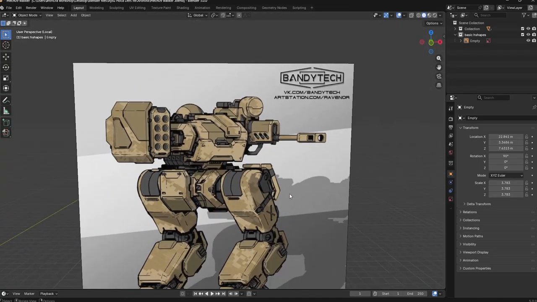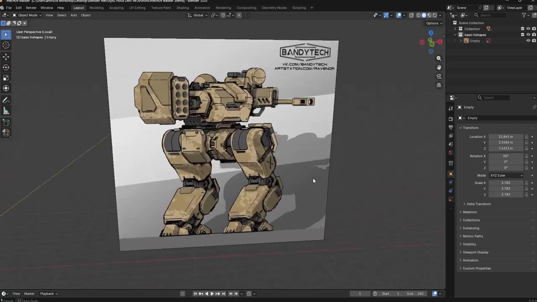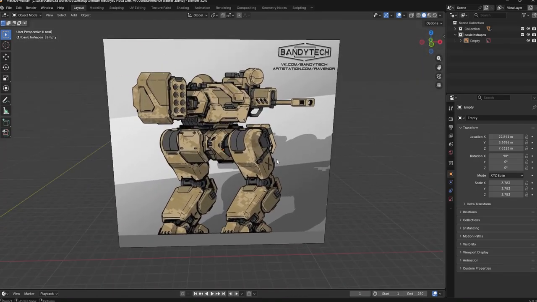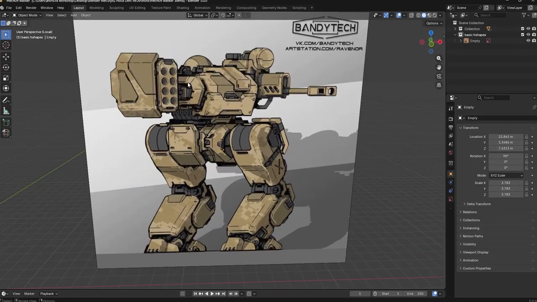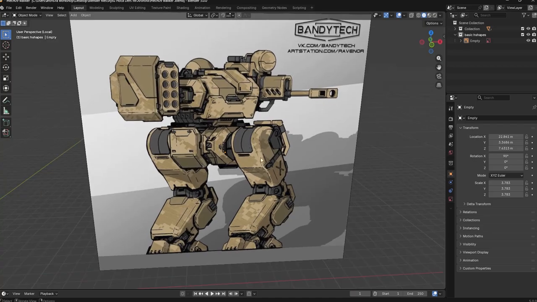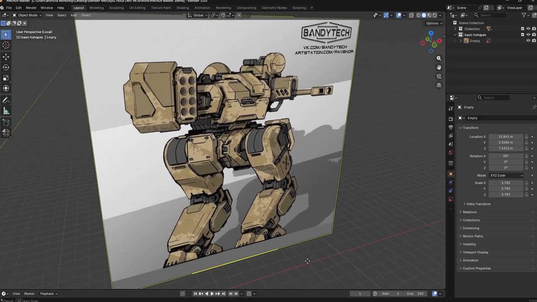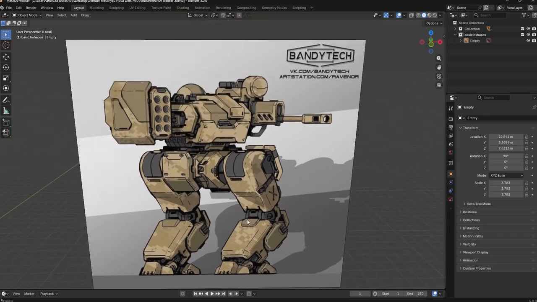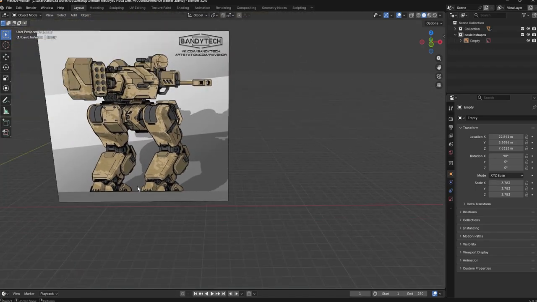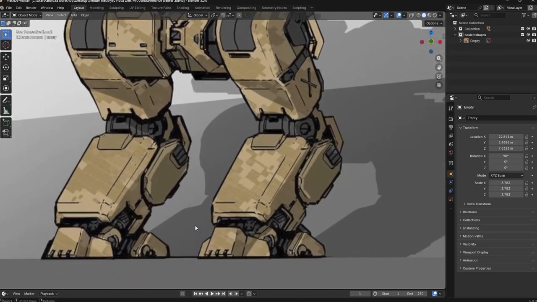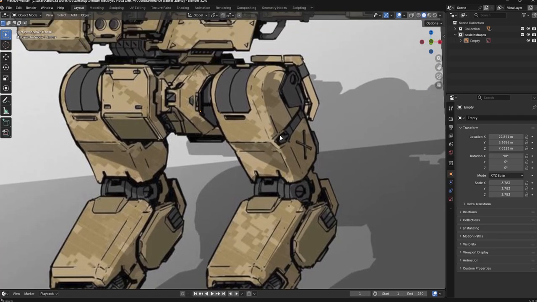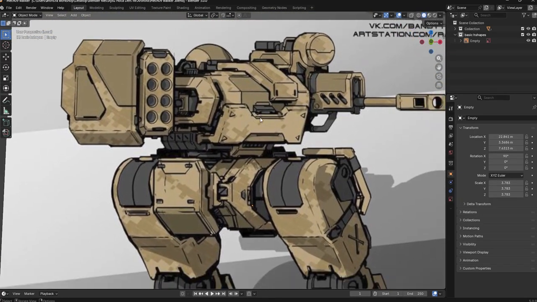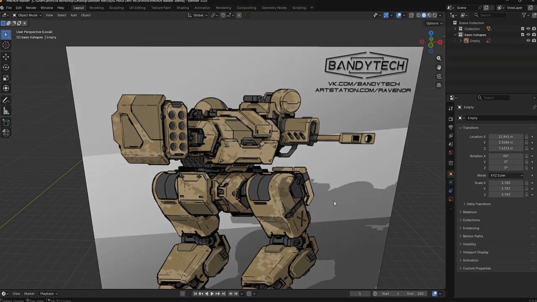Welcome to my first episode of creating a 3D character, a mech, in Blender. So, before we begin, I would like to explain why we are using this concept art and what we will use it for. Before we model any 3D character or car, object, or anything in particular,